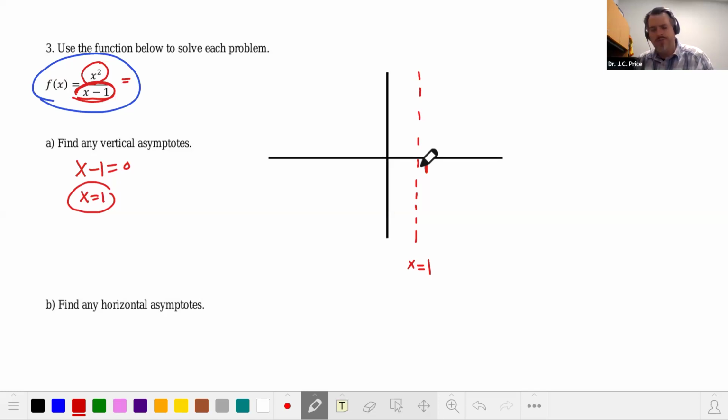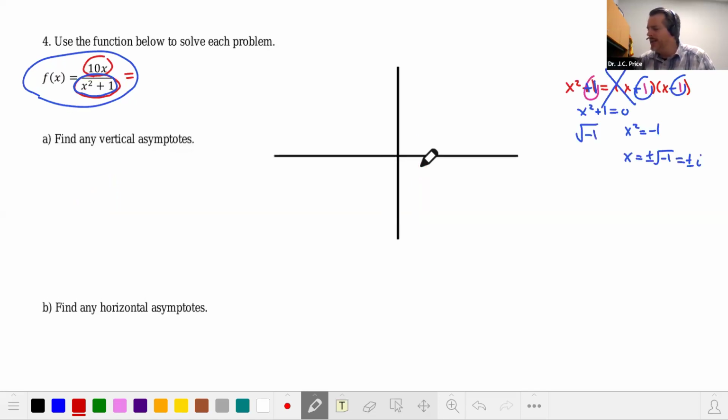Doesn't matter which one. And then finally, the last problem here, we set the denominator equal to 0, and you know there's going to be an issue because we just did this. So you try to solve this for x. You can't really factor, but you could move over the 1. So x squared equals negative 1. Take the square root of both sides, plus or minus the square root of negative 1. Oh, right, remember, that's a real imaginary number, plus or minus i. So this one will say there's no real solution,